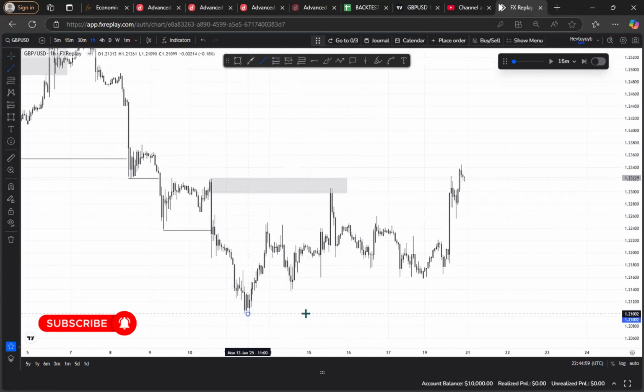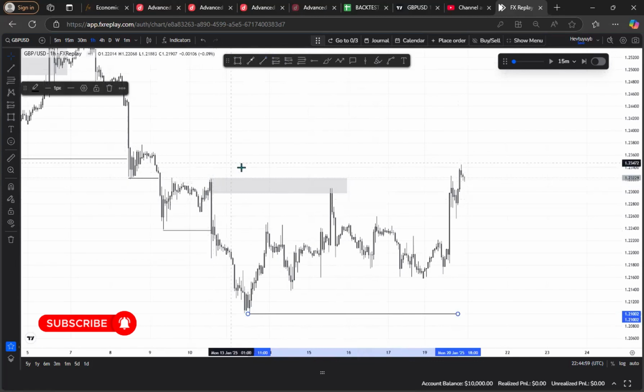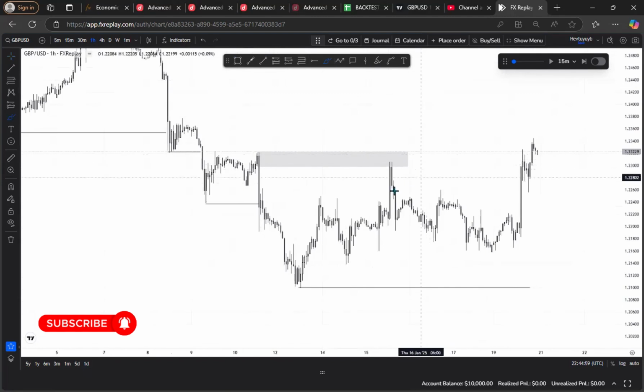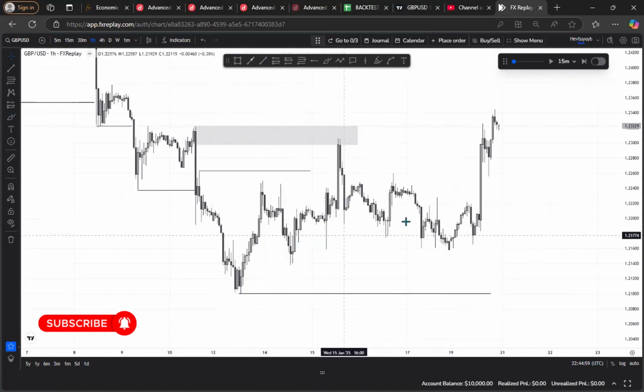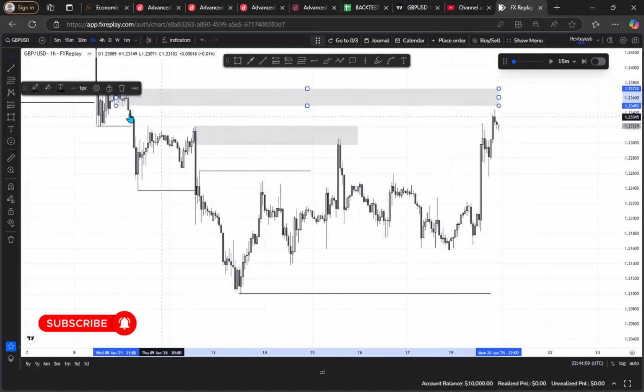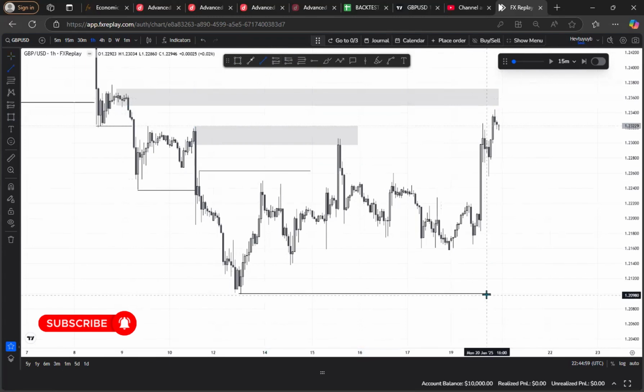So if price was supposed to sell from here, when price came to this level to mitigate this level, I'd be expecting price to continue selling to the downside. But since price did not do that, price took this internal liquidity but failed to break this low. Since price is trying to protect this low, that means price wants to go higher. The next area where price can actually react is this area here, and this can also facilitate price to continue selling to the downside.